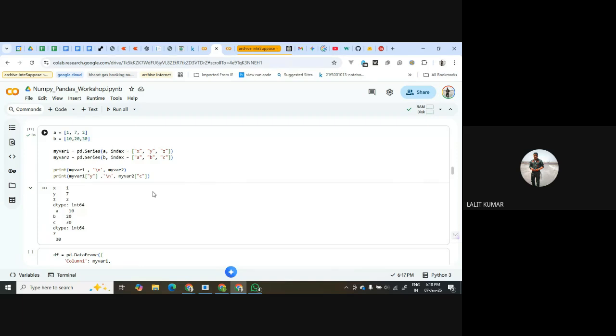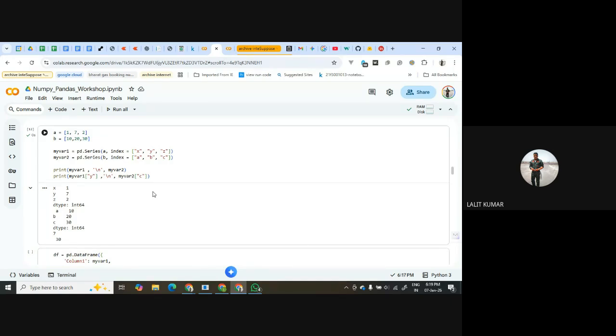Sir, just one small doubt. How can an index be characters or such? Because we have to order it, right? And if we add more elements and extend the series, then we cannot go after Z if we use an index like this. This is just for demonstration purposes. How you can do that, how you will be using that, we will see.